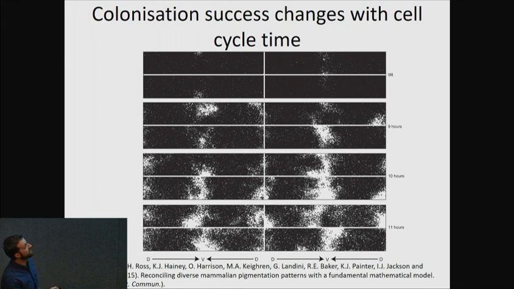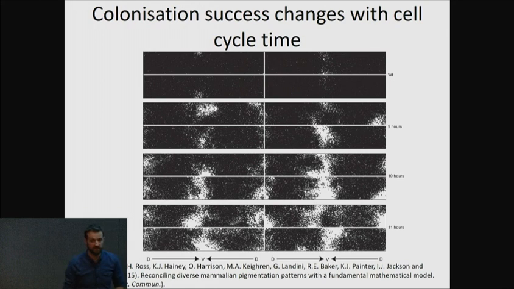So you can see 4 repeats with the wild type cell division parameter, which was a minimum cell cycle time of 8 hours. As soon as you start to increase that minimum cell cycle time to 9 hours in the model, then you start to see these white belly spots appearing. And as you further increase it to 10 and 11 hours, then you start to see these white belly spots